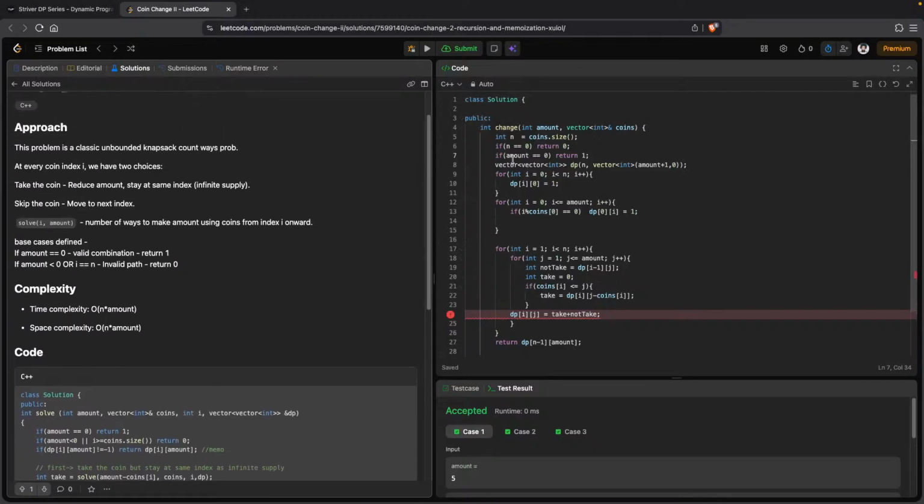It is working for the cases. I think this is a correct solution, but I think